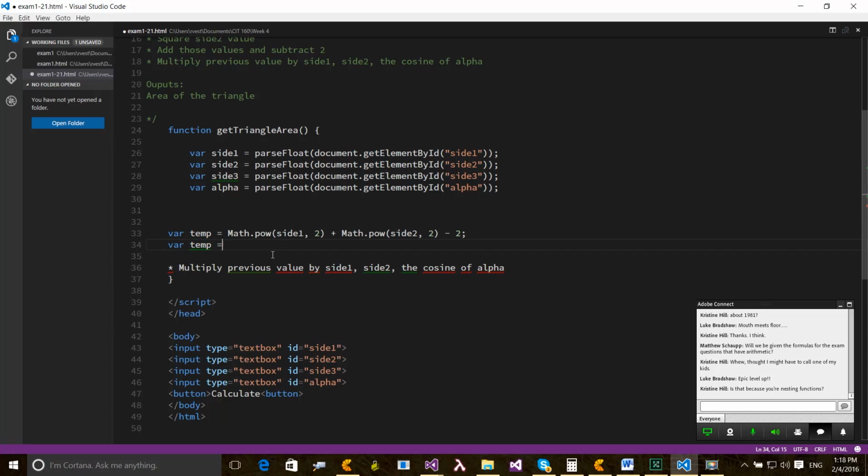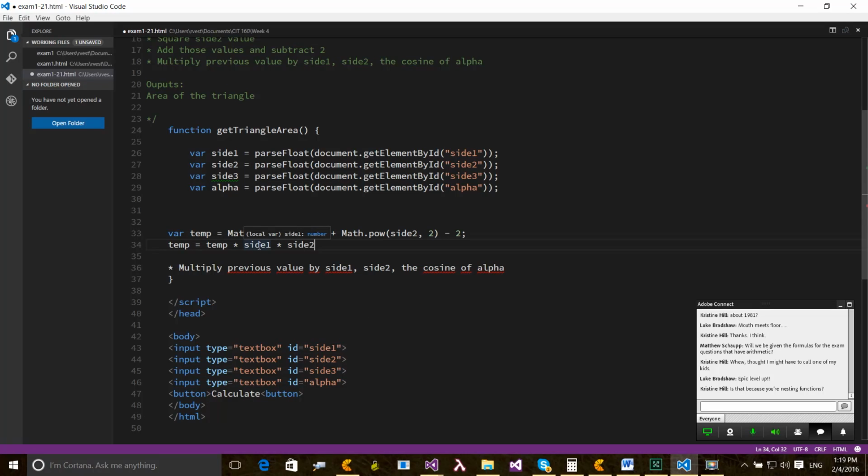You can say temp equals and then temp. See, the only reason why I'm doing this is because I've declared it already. And JavaScript's smart, it'll do whatever's on this side first before it assigns the variable. So temp times side 1 times side 2